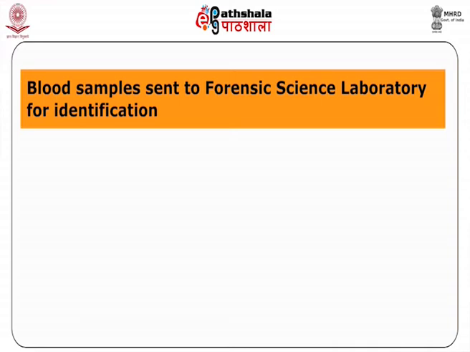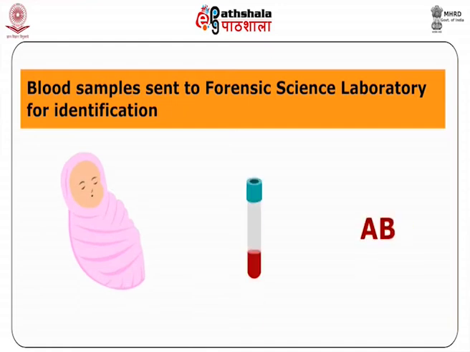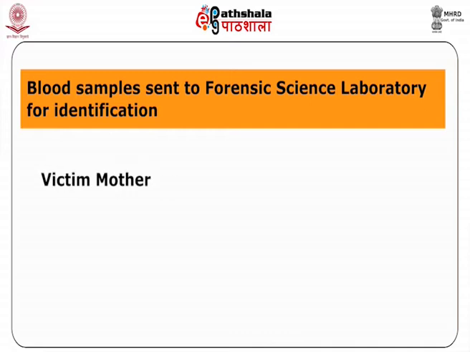The following method was applied in the laboratory. Blood group of the child is AB. Blood group of the victim mother is AB, that is IA, IB. Blood group of the victim father is A,